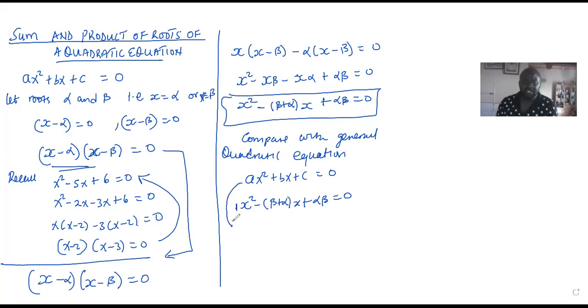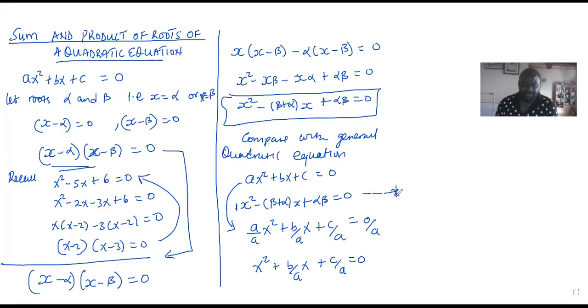So make sure the first equation also has a coefficient 1 by dividing everything by a. You realize x squared plus b over a x plus c over a is equal to 0. Now, if I relate this equation star and this equation star 2,